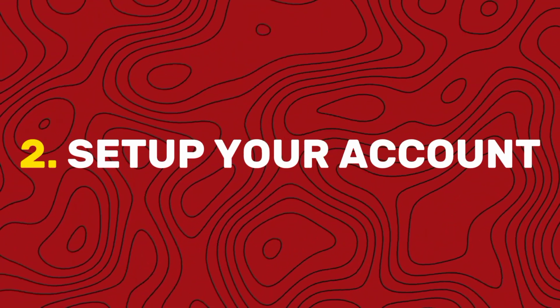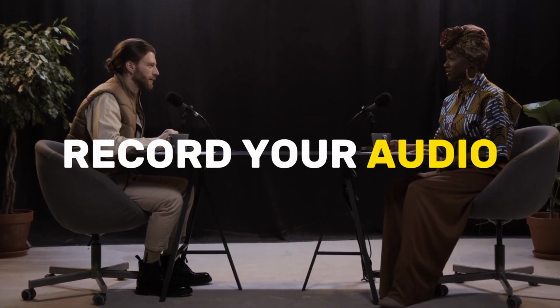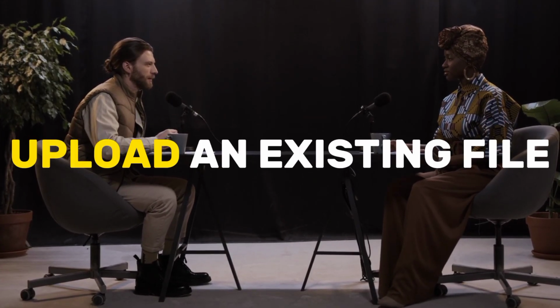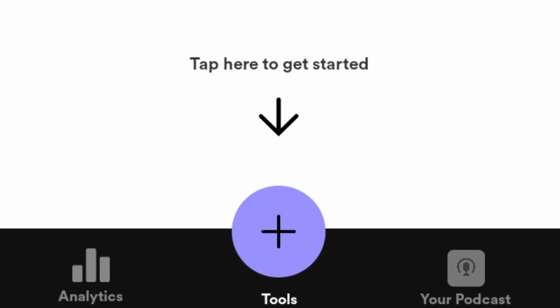Step 2. Set up your account and upload your first podcast episode. Once you have the app or the website open, you need to set up your account and upload your first podcast episode. You can either record your audio directly on Anchor or upload an existing file from your device or computer. To record on Anchor, just tap on the plus icon at the bottom of the screen and then tap